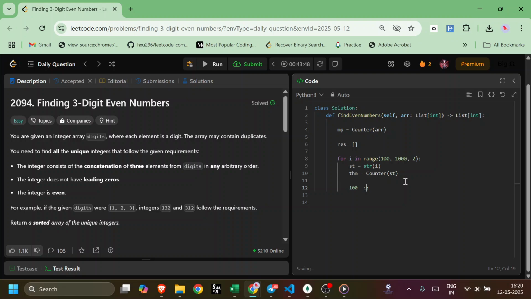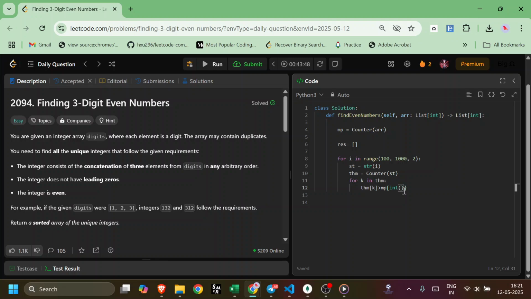So if the number would be 100, our map will be like this, a string: one will be one, then two, then zero will be having two, right? So this is a counter like this, right? Now we'll be comparing the values, right? So first number could be key in the temporary hash map. So if in the temporary hash map the value of k is greater than in the actual map that we have created here,